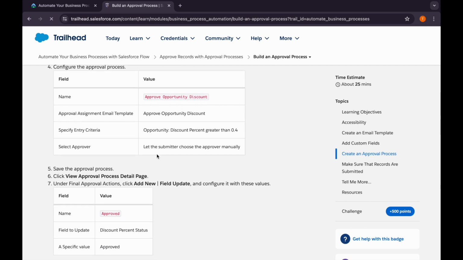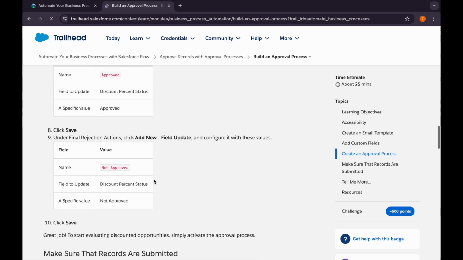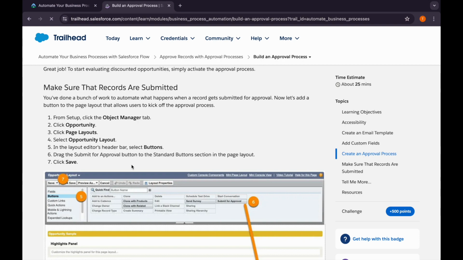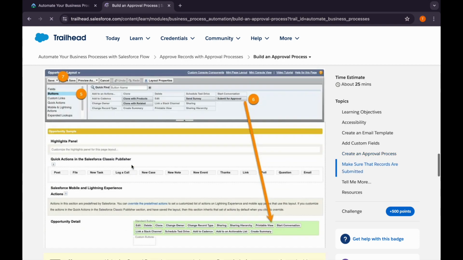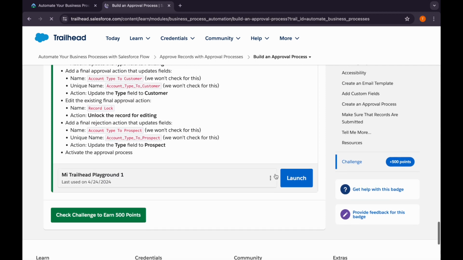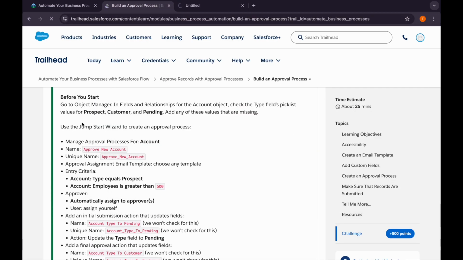And we can select the approver manually. Then we will have a field update to approved when it gets approved, and if not, then not approved. And for this we will be adding a submit for approval button on the page layout. So let's start. I'll launch the org first. Now we have a requirement that